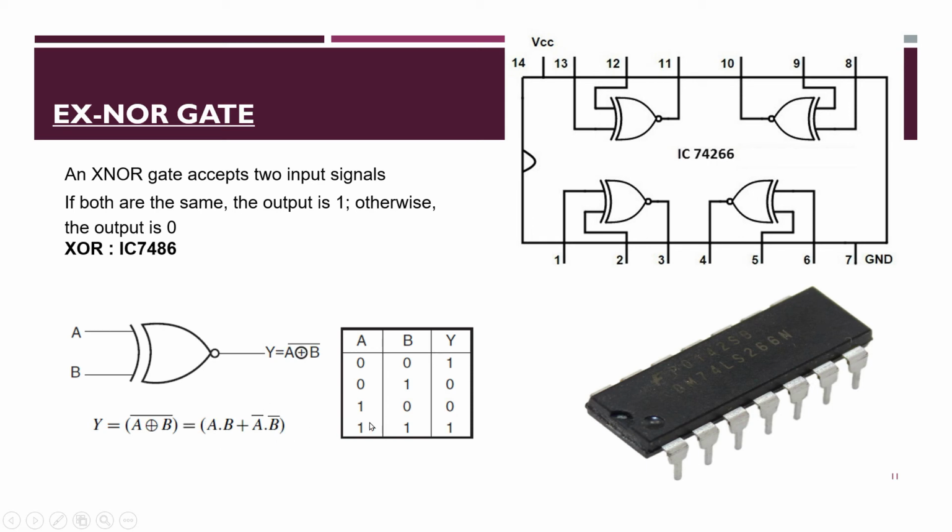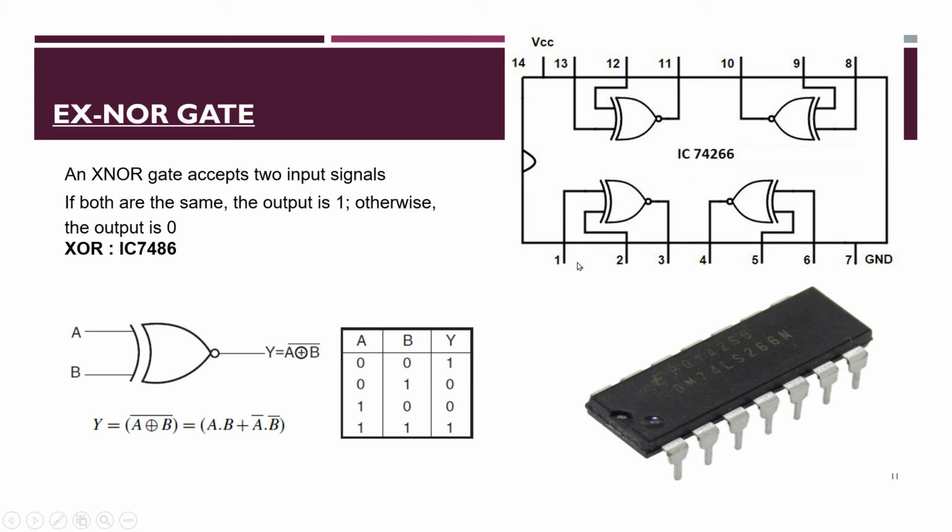So here the XNOR gate is 74... There's a small mistake over here. It is not 7486. That is the XOR gate. For the XNOR gate, the value is 74266. Okay, so 74266 is the IC number of the XNOR gate. So there is a small mistake over here. The IC 7486 is for the XOR gate, and for the XNOR gate it is 74266. And the pin configuration has been shown over here.